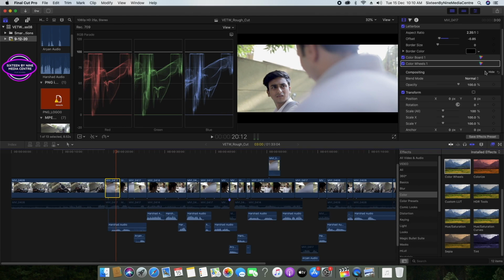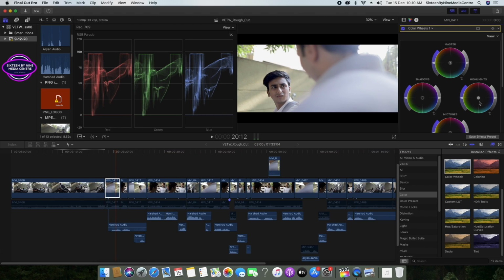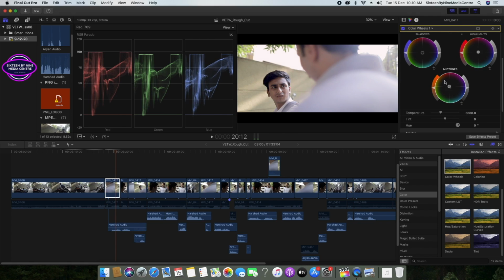Let us put a little bit warm. See, this is going beyond 100, so I cannot put much, but I will increase the midtones quite a bit, not more than this. I'll just check. Yeah, midtone is looking nice.